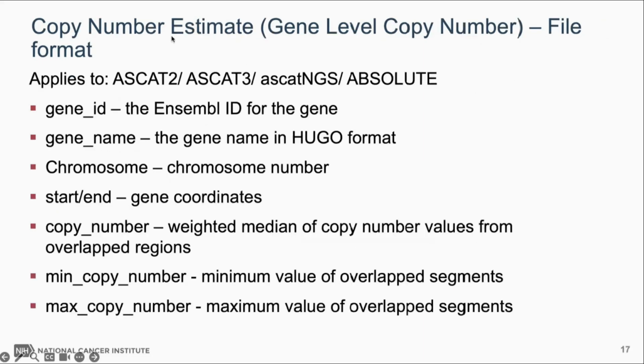Then for the copy number estimate files, which are the gene level copy number, these are the ones that show copy number by gene. So first we have the gene ID, so that you know what gene it is, followed by the gene name. That's the more human readable symbol. The gene ID is the Ensembl ID, so it starts with ENSG and then a long number. Then it's the chromosome number, start and end, just for where the gene is in the genome, followed by